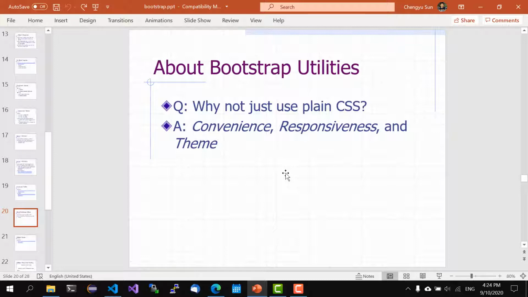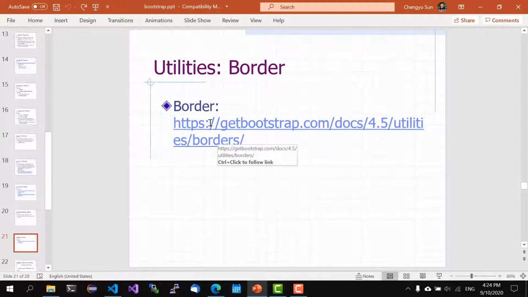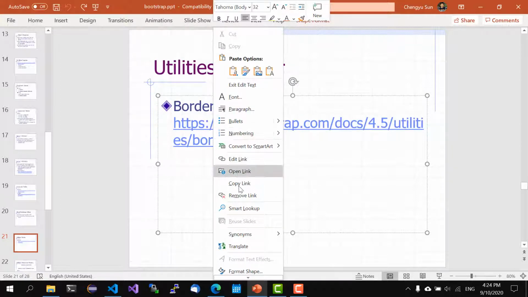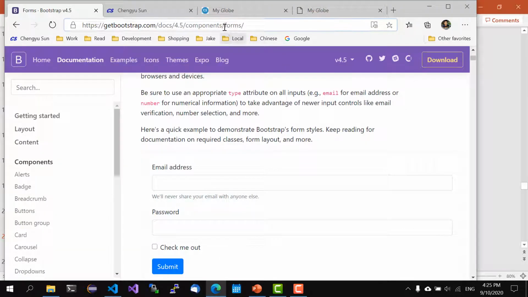The answer is that Bootstrap utility classes are responsive, meaning that they typically automatically adjust based on different screen sizes, and they also support color themes, which we'll talk about in a moment. And oftentimes they're just more convenient to use than writing plain CSS. For example, if we look at borders,